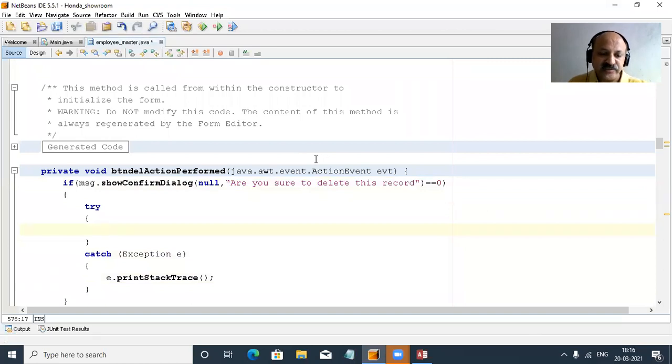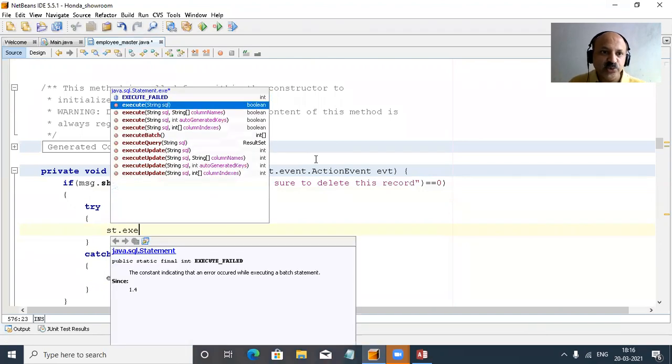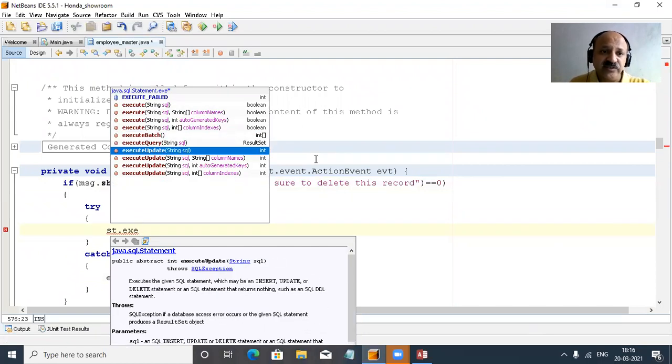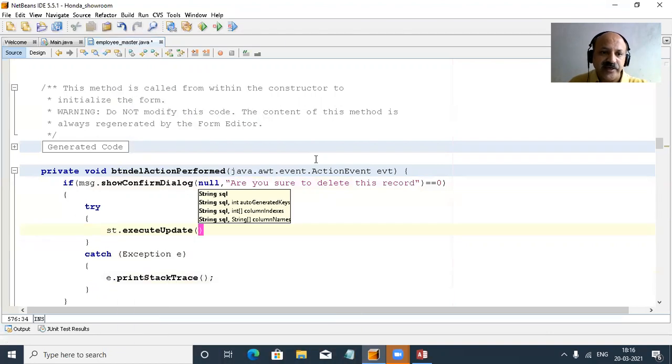And now what to do? Directly we can provide the statement: st dot executeUpdate, not executeQuery, because we directly execute update. And that we can say, delete from employee info where eid equal to, and that is a text integer field.